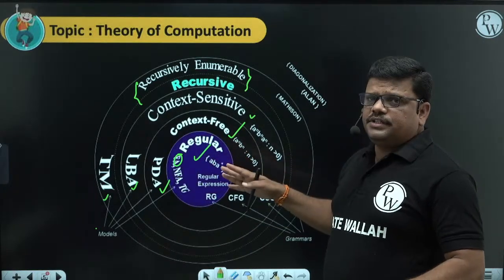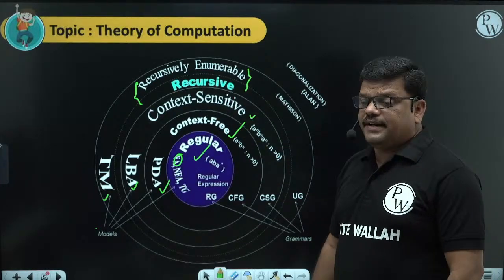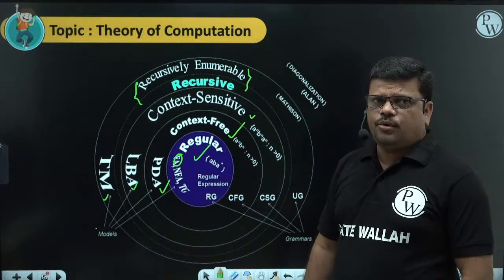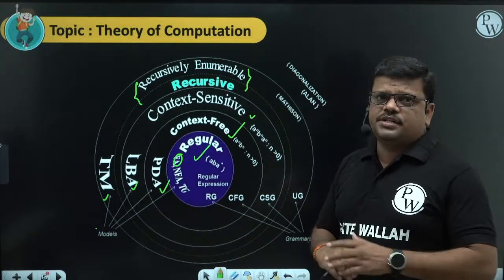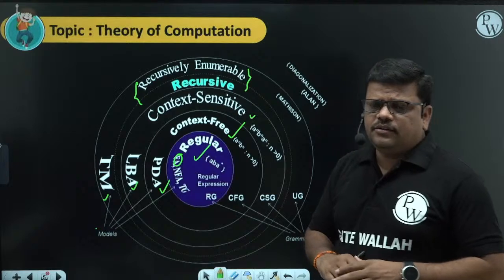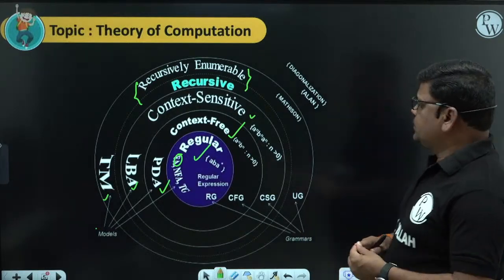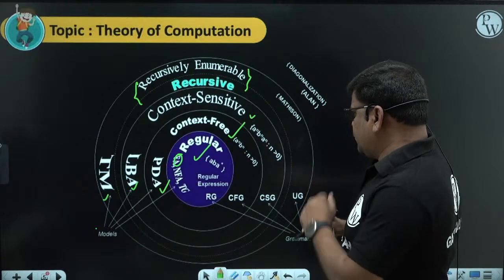The total topics of theory of computation, the relation between them, looks in this way. That's why we repeatedly get questions from this. These are easy 1 mark questions, very easy to solve as well. So we will conclude that topic, then go for DFA construction. So what we can say here,